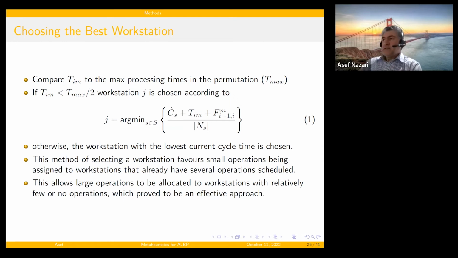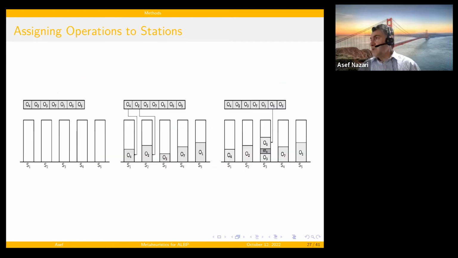Otherwise, if the processing time is greater than half of the max permutation time, it means that job needs a lot of time, and we try to allocate it to a station with fewer operations allocated. So what's going to happen this way? We try to pack jobs with smaller processing time onto the stations that already have capacities, and we allocate jobs with larger processing time to stations that are kind of quiet. So this is the idea behind